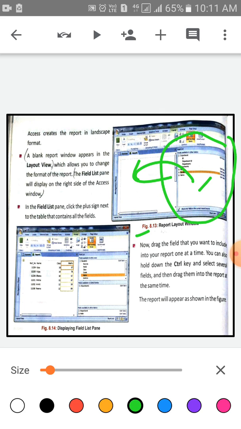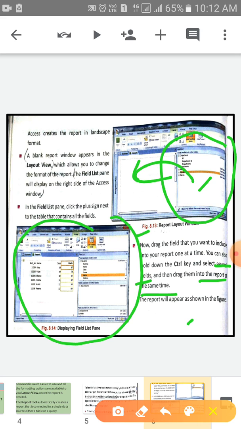You can also hold the Control key and select several fields and drag them into the report at the same time. Look at the screen, children, displaying the field list pane. The report will appear as shown in the figure.